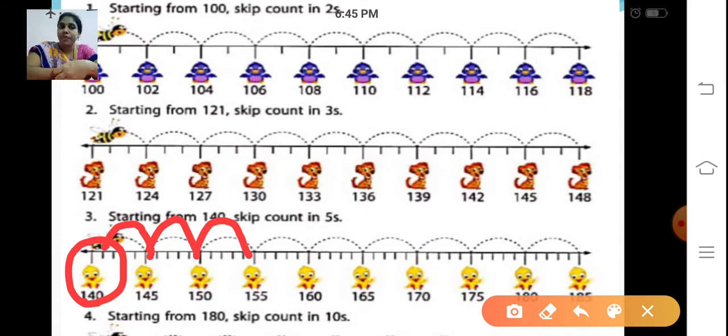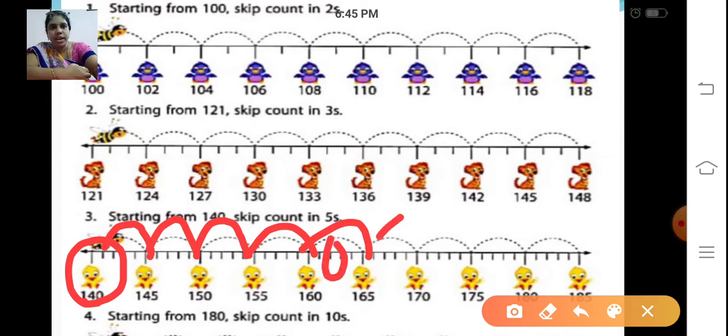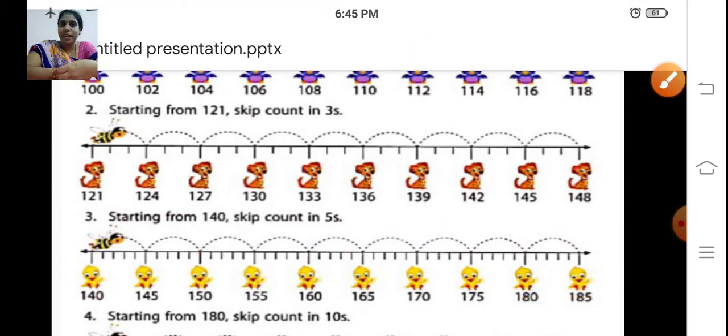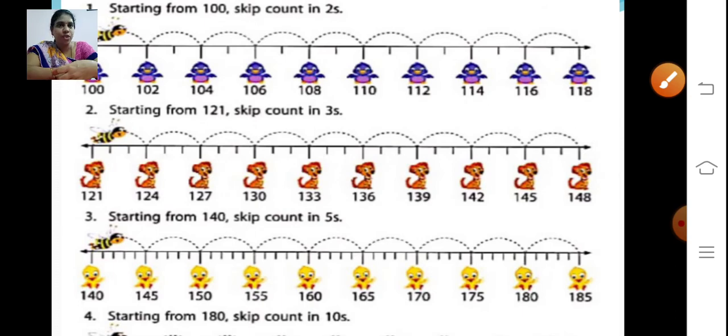Then 150 to 155. Then from 155 again add 5 more to it. 160, 165. So it will skip the in between numbers, right? 170, 175, 180, 185.